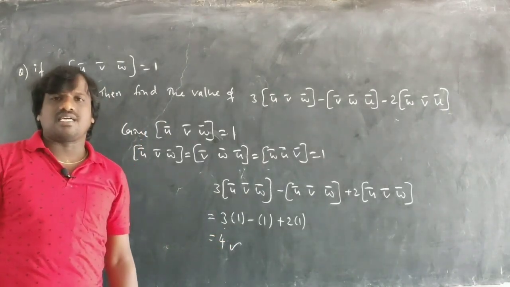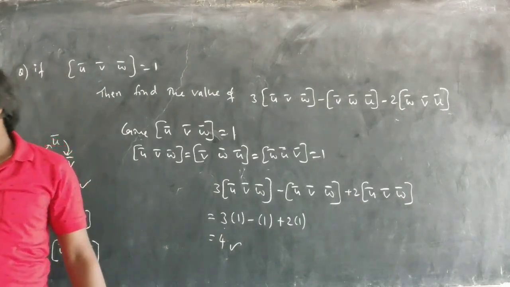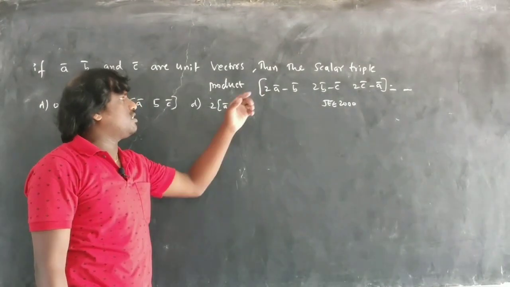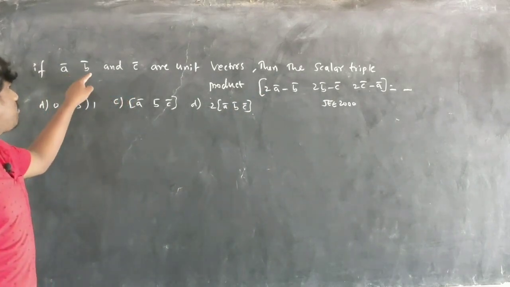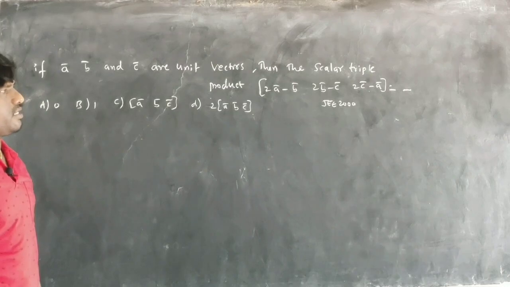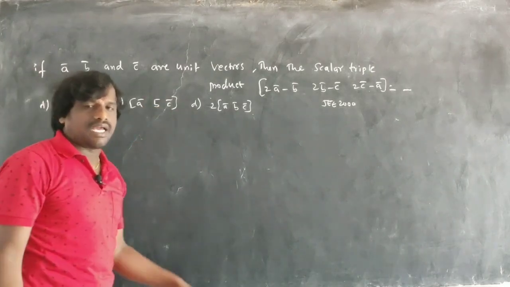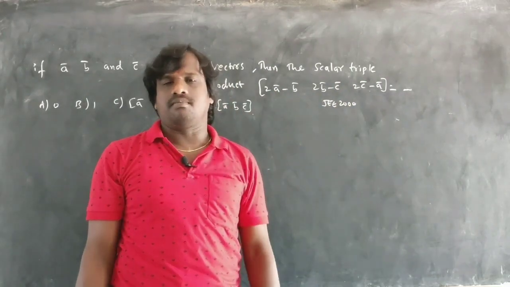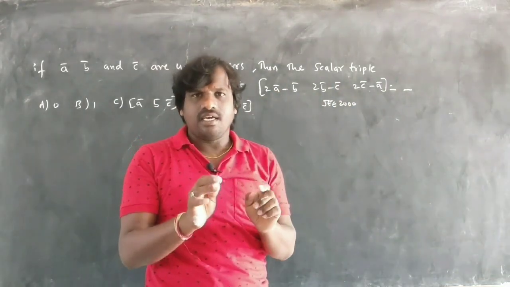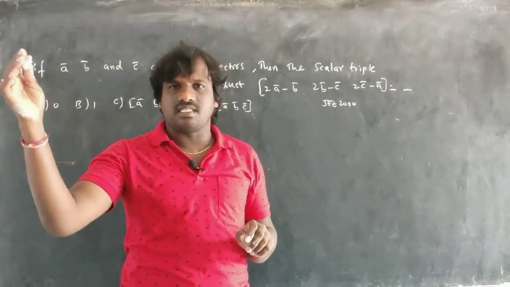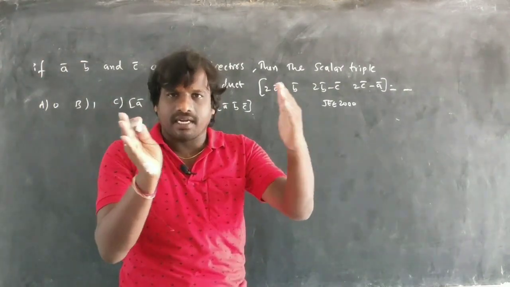See, to understand this concept I explained it to you, okay? One more question on this topic, and this question is here. It is saying A vector, B vector and C vector are unit vectors, then the scalar triple product of this is how much? See here, I explain from the JEE point of view. This question needs no calculation like previously, when you had A vector plus B vector plus C vector plus A vector, I used to separate this one, right?